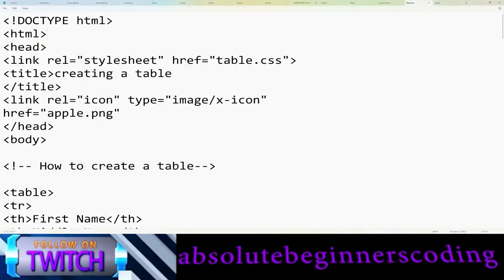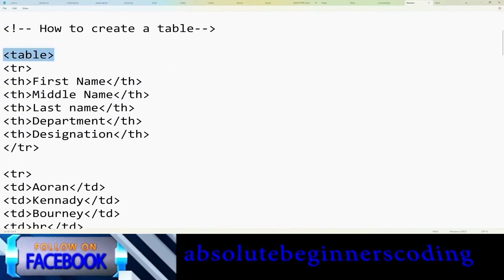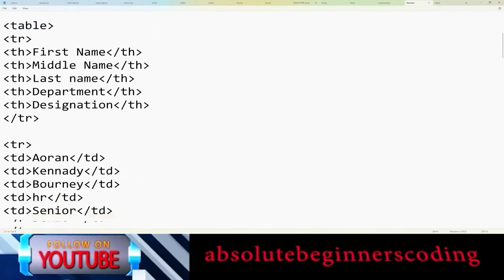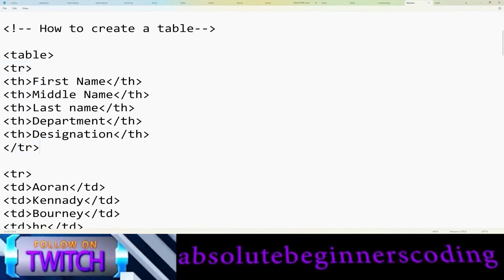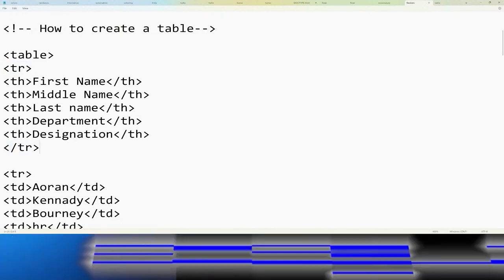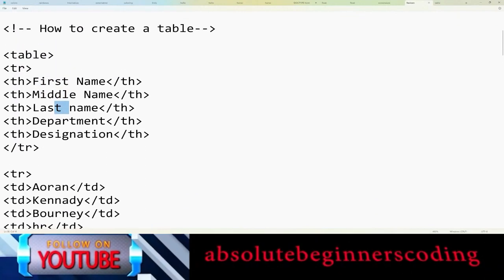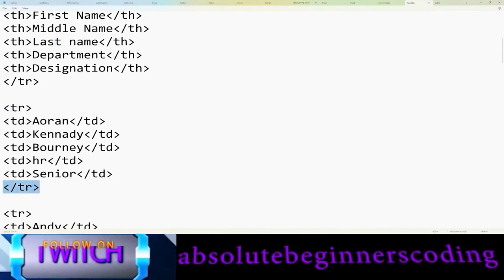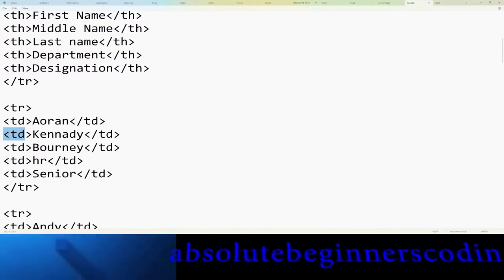So let's have a quick recap. First, we have to create a table element with a table inside the bracket, and it should also end with a backslash. And first we have to create a table row below the table, and it should end with a backslash tr, and inside the first table row there should be table heads. So you should mention the heads, and what is inside is gonna repeat again, as many times as you want. So again, another table row, but now we are gonna fill the table data of these table heads. So the first name, the middle name, the last name of the person,